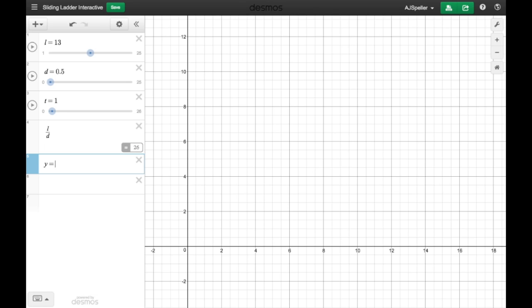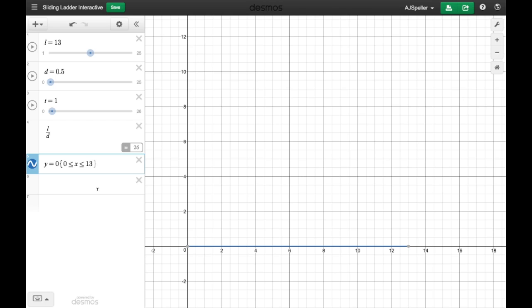So that's going to turn into a y equals problem, and notice how we have a line here showing it's horizontal along the x-axis. Well, this here is where y is equal to 0. We want to limit this to the length of the ladder, which in this case is going to go from 0 all the way to 13. So to do that, we use the curly brace here. We want to start at 0. We want it to be less than or equal to. We want that it's on the x-axis, so we're going to place the x here, and less than or equal to. We could put in 13, and notice it does show from 0 to 13.